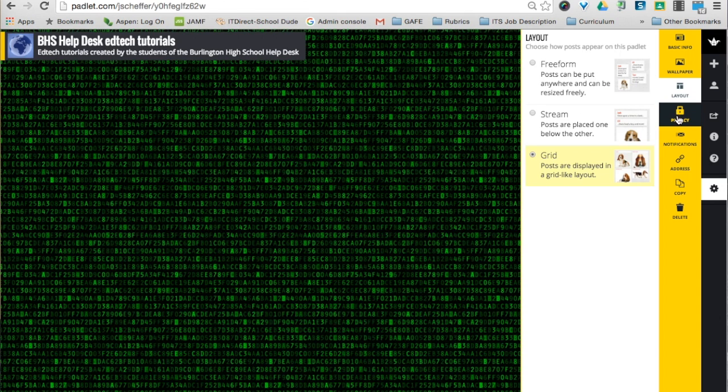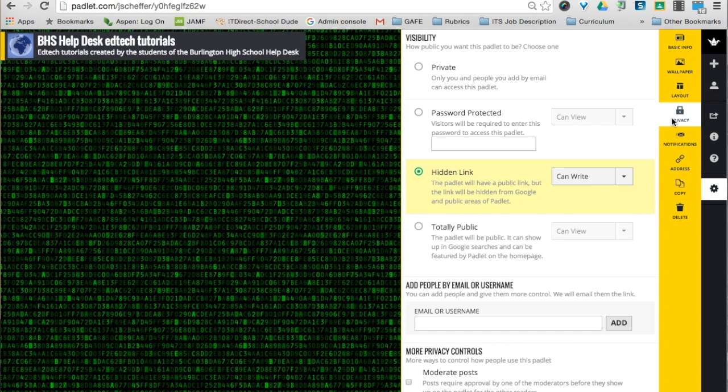Next is the privacy area of Padlet, and by default it's a hidden link, and this means that the Padlet has a public link, but the link will be hidden from Google and public areas of Padlet. What you could opt to do is either make it private so that you and your students that you add by email could access the Padlet, but if you're like me and you're avoiding emailing with students, you could make it password protected initially, so when your students access the wall, you give them a password, and then you would